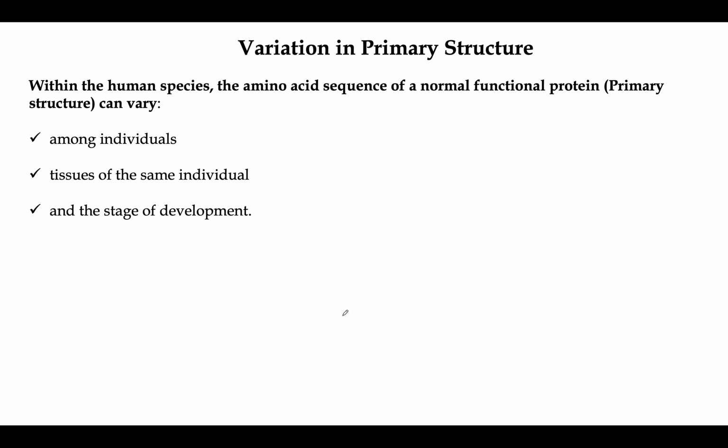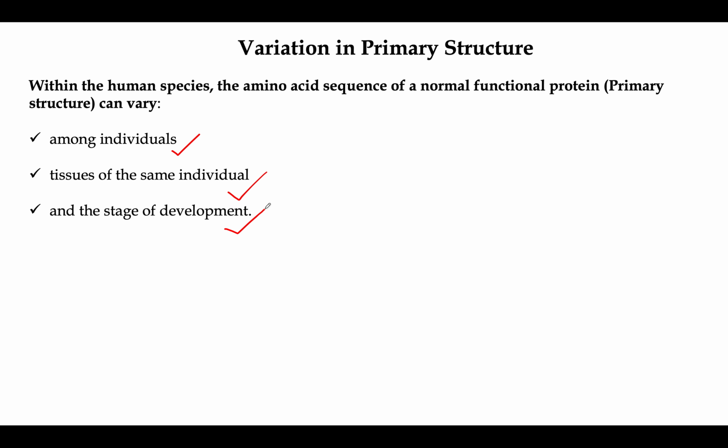So we move on, and this year we need to talk a bit about variation in primary structure, because this concept is very important, and you will see in the tutorial session why this concept is important. Now, within the human species, the amino acid sequence of a normal functional protein, that is, the primary structure of a protein, can vary even among individuals, even among the tissues of the same individual, even at the stage of development. So you may encounter minor changes in the primary structure of the protein,